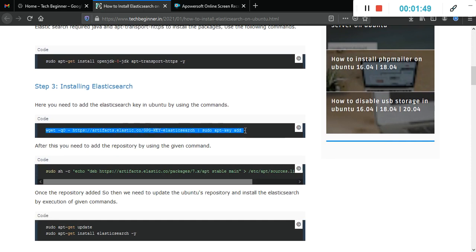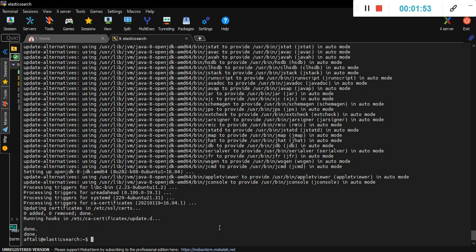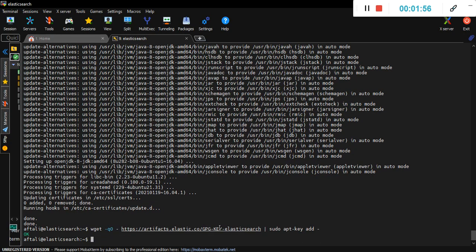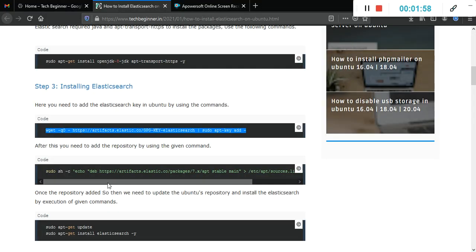This is the command for this. Just copy and paste in your terminal. This will add the key, which is successful, and after that we need to add the repository.